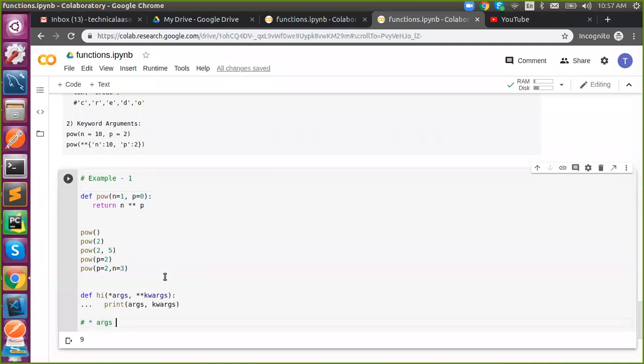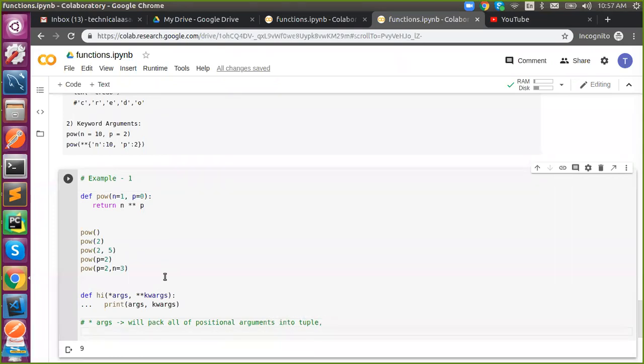Star args will pack all of the positional arguments into a tuple.